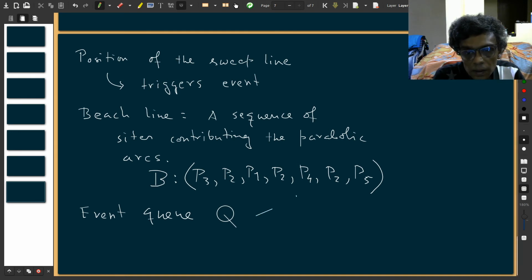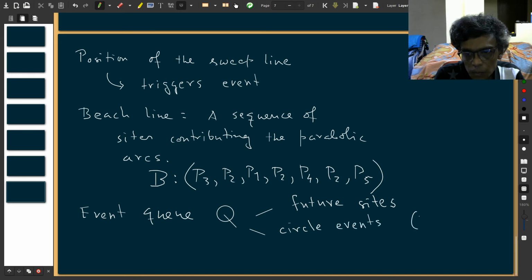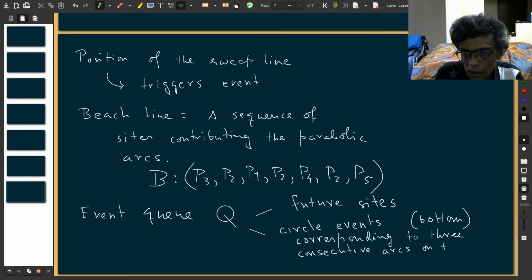One, future sites that are below the sweep line, and circle events, actually the bottom coordinate of the circle corresponding to three consecutive arcs on the beach line, provided that they belong to